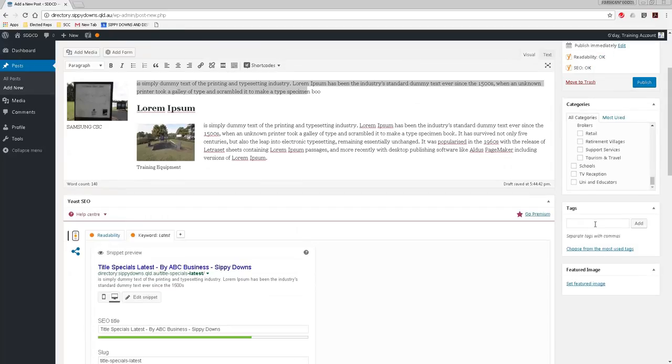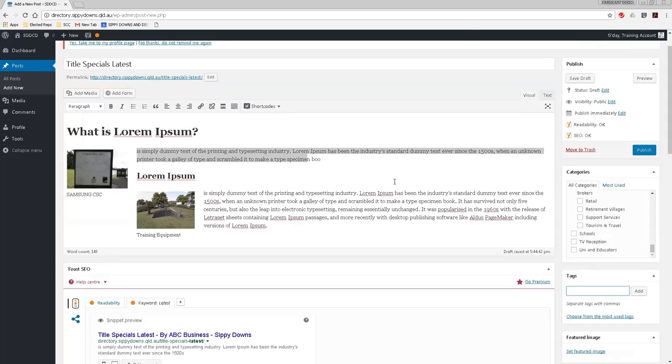Now the next step is to add some quality tags. Now tags are essentially what your post is about. So don't necessarily copy a whole bunch of tags into here and use them generically. Search engines do frown upon that. What you want to do is really put in content here that ties directly in with the post that you've created. So in this instance, we've talked about some training equipment. So you could put in here training equipment,